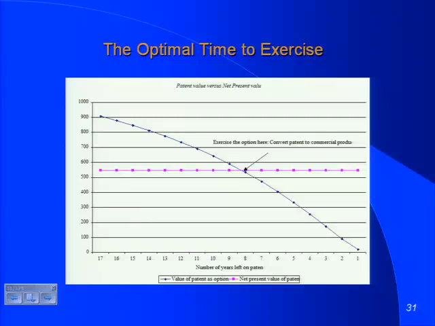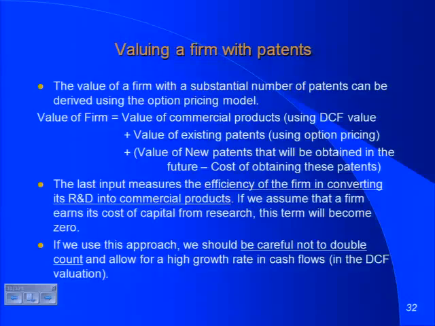In fact, if you think about valuing an entire company, it will have 3 layers to it. There'll be the value of the existing products that have already been developed. Those are not options. Pfizer's existing products are traditional cash flows, so that's a DCF valuation. The second layer is patents that they've just filed which they haven't developed yet. Things like Avonex, they have a patent they haven't developed, those are options.